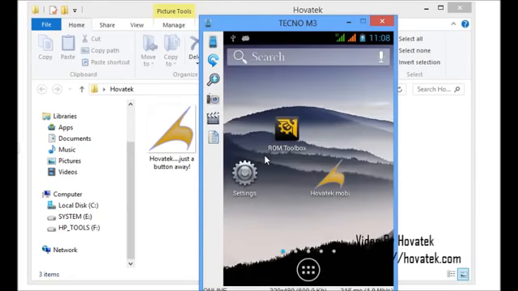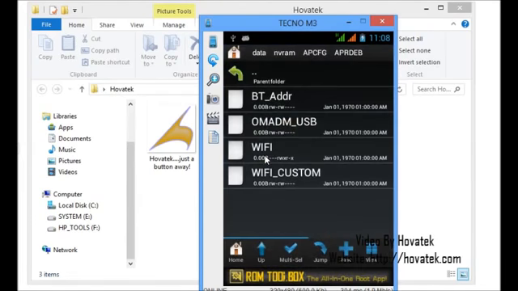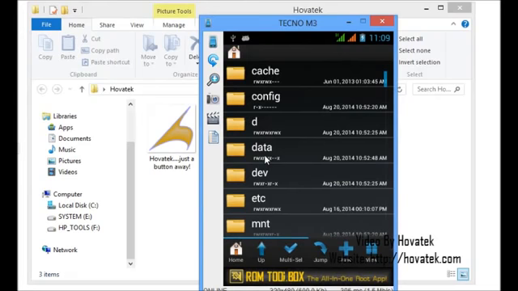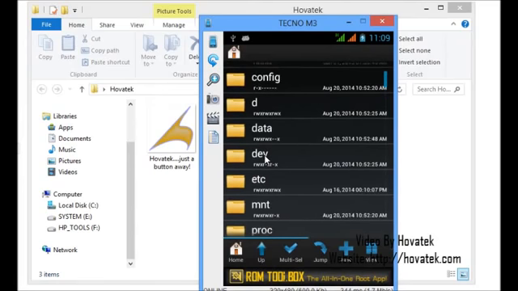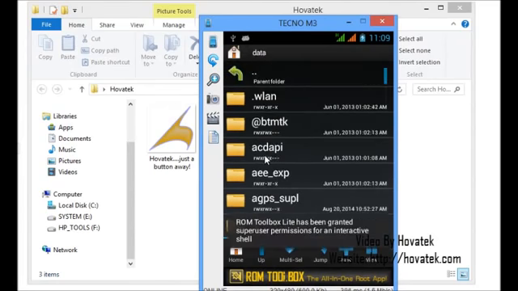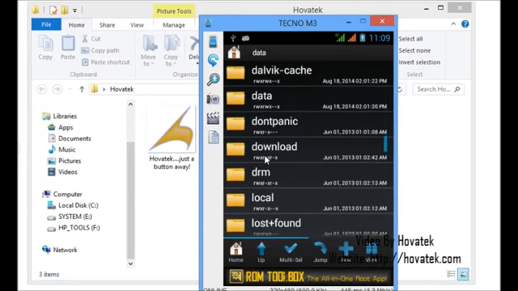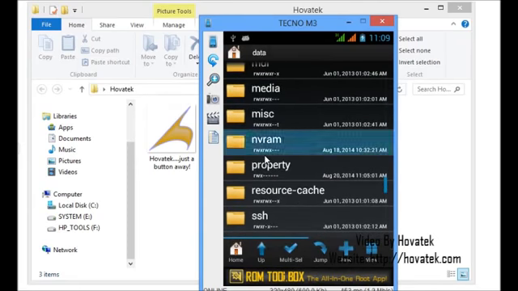Alright, now the first thing you need to do is to extract this Wi-Fi file, the file we are going to be fixing. We are going to copy it out, fix it, then put it back in. So to do this, we need ROM Toolbox. So I'll launch it. I'm on my home. Okay, I launch ROM Toolbox. Alright, so from the home directory here, I go to the data folder, data. I scroll down to NVRAM folder, NVRAM, then